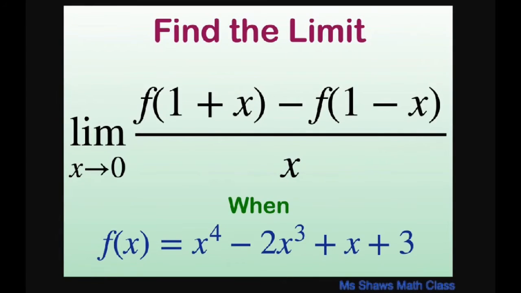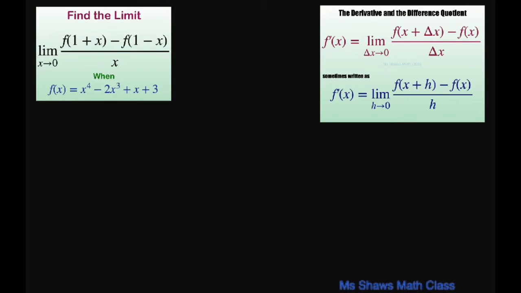Hi everyone, we're going to find the limit as x approaches 0 of f of 1 plus x minus f of 1 minus x, divided by x. And this is when f of x equals x to the power of 4 minus 2x cubed plus x plus 3. So the first thing we're going to do is look at our definition of the derivative given here, because